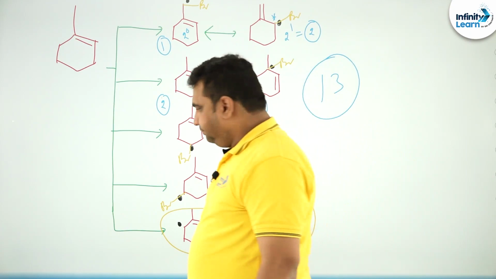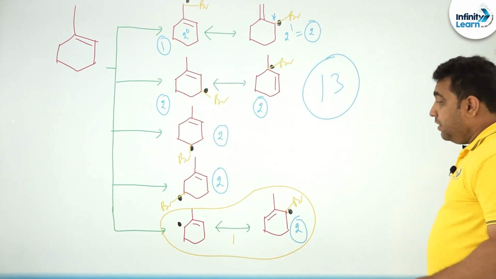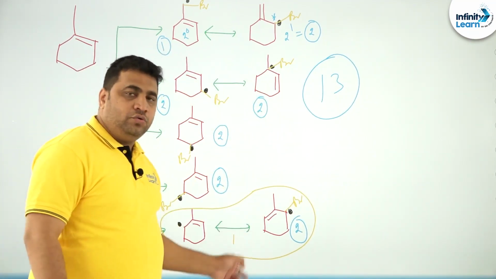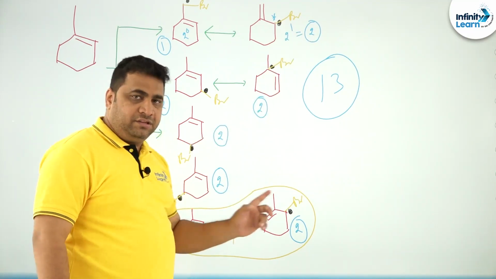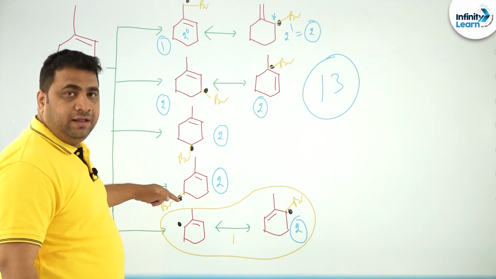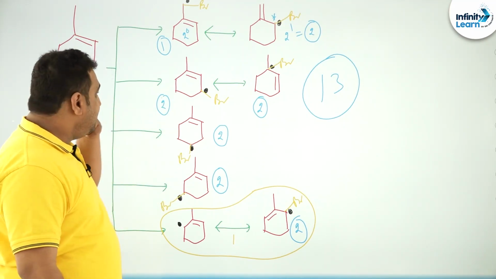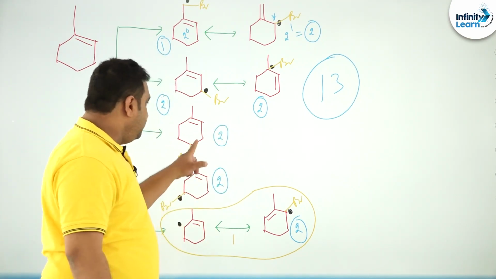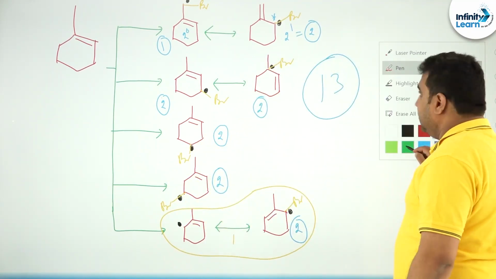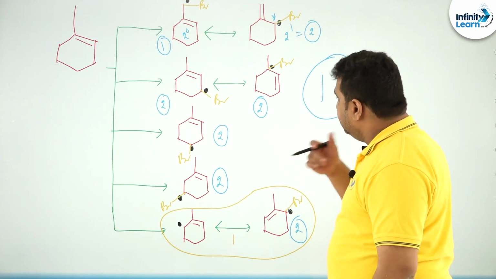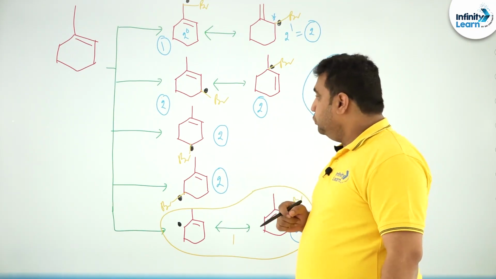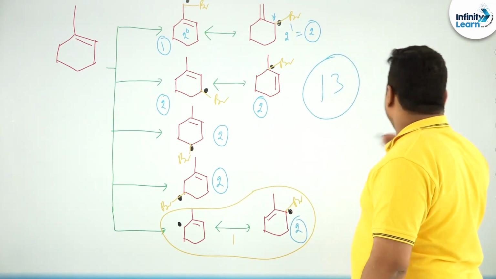Okay, dear students, nice question. So where can you make mistakes as a student? You may consider this as 2 and more will form, and 15 may be the answer. This is one area: these 2 you may think are the same. Are you following? And you may make a mistake. Another mistake is the chiral calculation. So these are 3 hurdles where you can make mistakes. If anybody sitting there has a general doubt, where is the doubt? And resonance also you have to focus on, if you neglect that issue. Okay, right, let's move further.